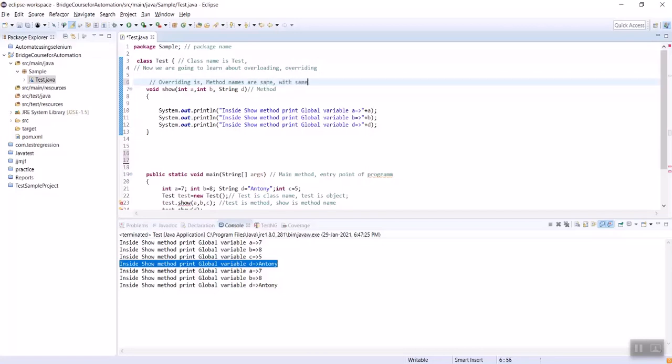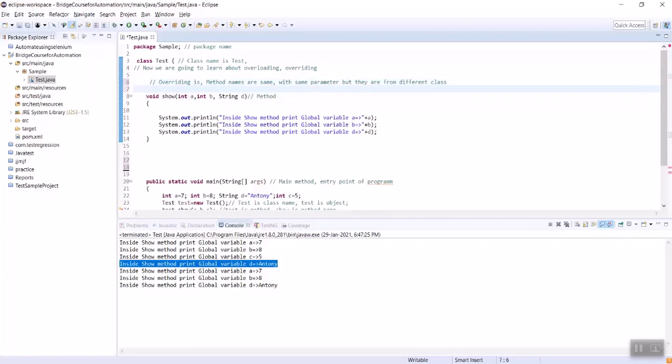For your understanding, I am commenting on line number 6 about overriding: different class. Then it is called runtime polymorphism.